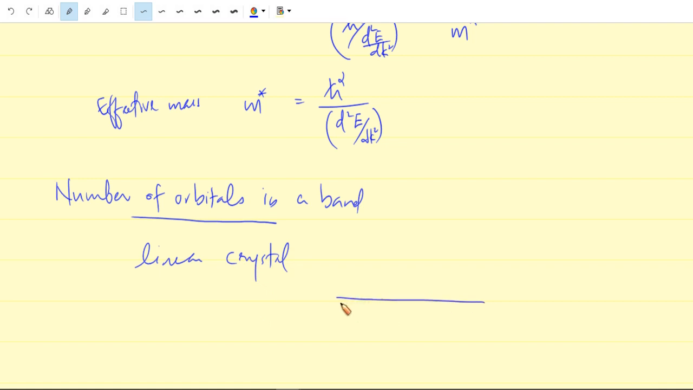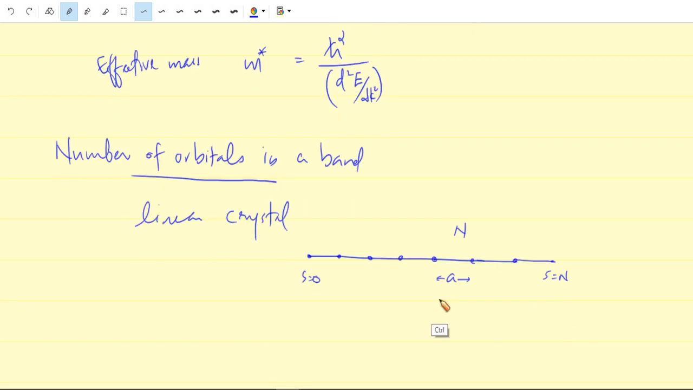There are N primitive cells. Primitive cell means single lattice points. So there are N lattice points, and the separation between two lattice points is a. And this is a linear crystal. This is s equal to 0, this is s equal to N. And if L is the crystal length,